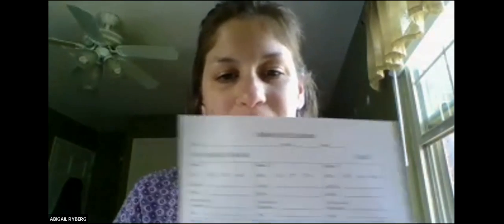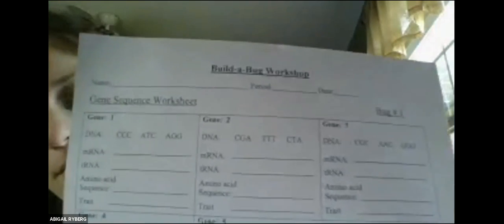Okay. Hi guys. So this video is going to go along with a build a bug assignment. In the packet that I sent you, the most recent packet, you should have a worksheet that looks like this. It says build a bug workshop. And then